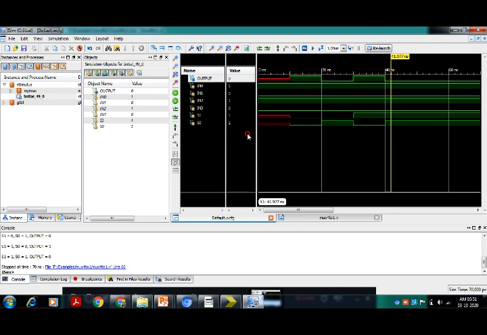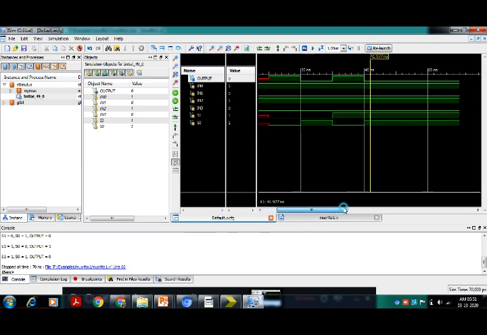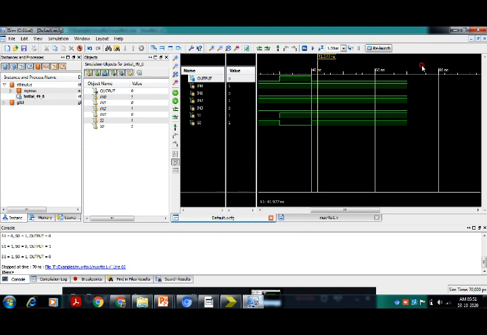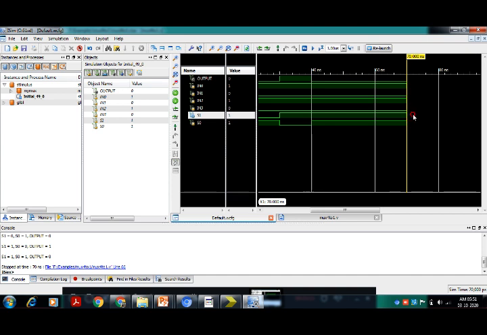At time 40 again you are changing it to 1 1, and then you can see simulation has stopped here. Beyond this point, if you want to click and check, nothing is available. At time 70 nanosecond, simulation has stopped.